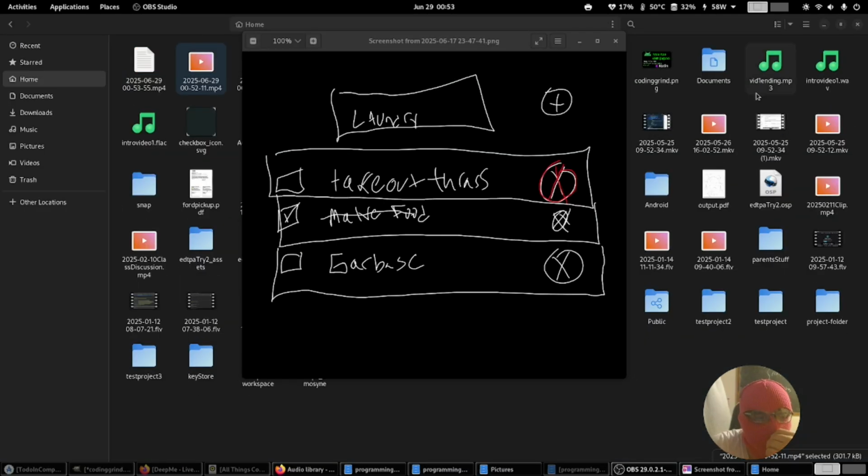Alright, first, this is my picture. I want to just do a To-Do app, and this is our heading. So this is fixed. So we do the plus. It's gonna add items here. So let's open up